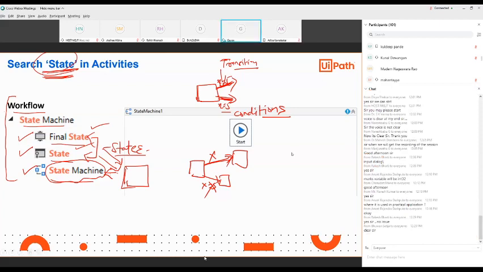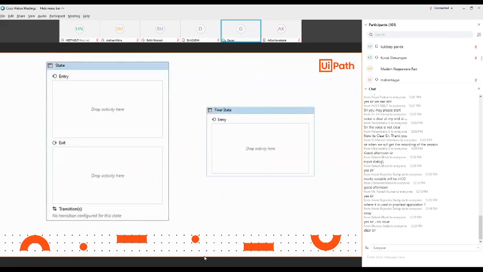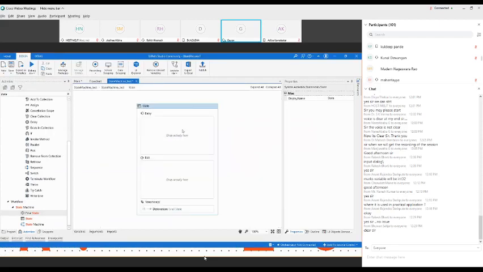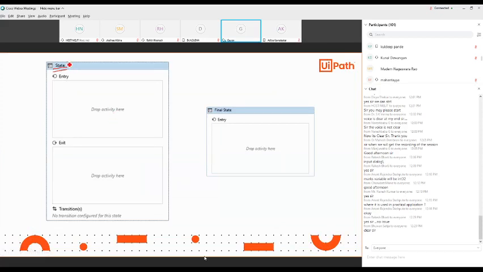Okay. So next I will explain you one by one what are the components in the state, final state, trigger, everything. So this is basically the overall look of how the state machine will look. Right now you can see it's combined. When I open it, it will look similar to this. Okay. So this is the state. You can change the state name also. Maybe you can mention initial state, or transaction state, whatever you want to specify for a particular state.